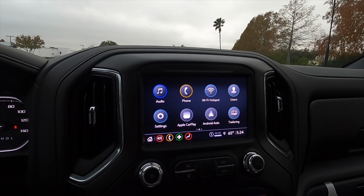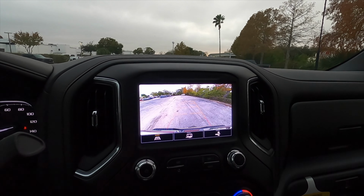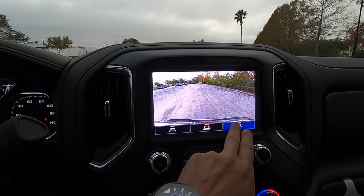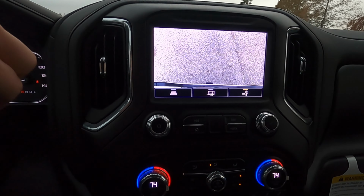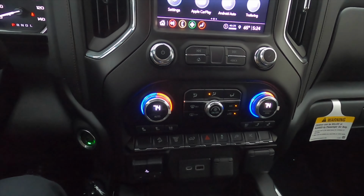Go back into the home button, switch it to reverse. We have a reverse camera with trajectory. You can change that to have it for the tow lineup, and you could zoom in to make it easy for your towing. Working underneath, you'll have some button functionality, your dual climate control setting, and more buttons that make